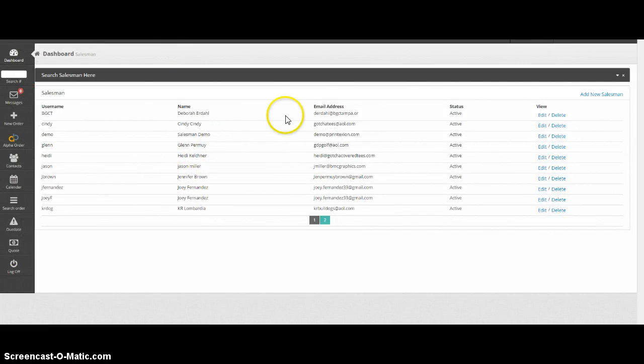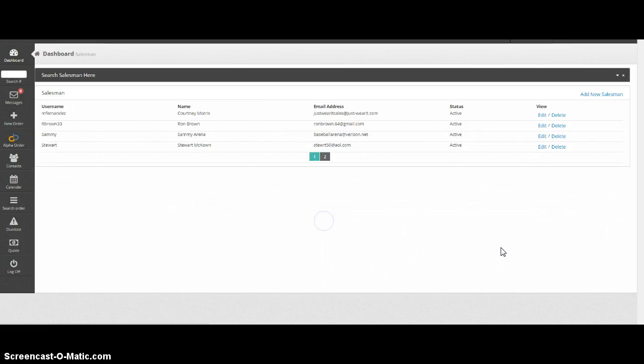You can add as many salesmen as you need, so that if you have salesmen in the field, they'll get their own login. You'll be able to add them in. We'll show you a demo of that. You can also have graphic designers in the cloud. If you have a graphic designer in or outside of your house,